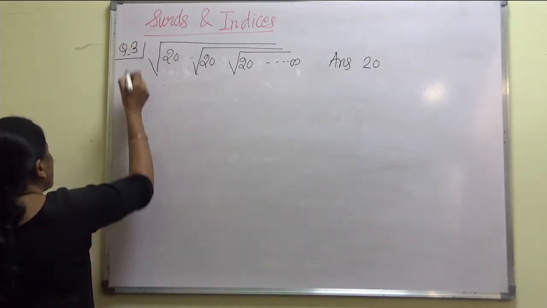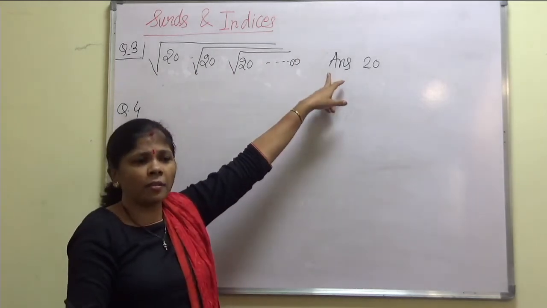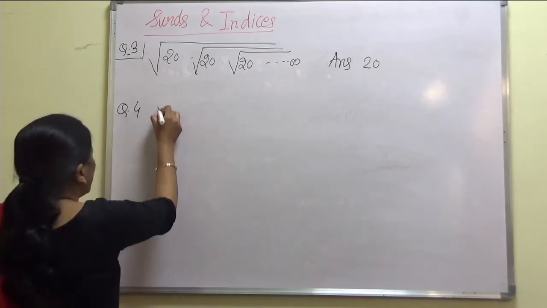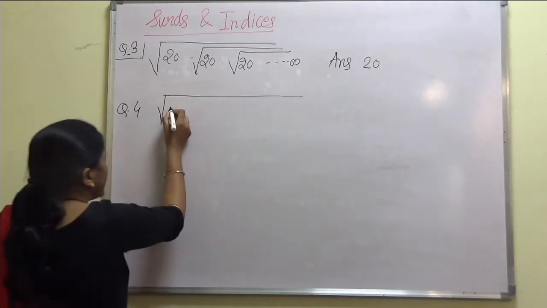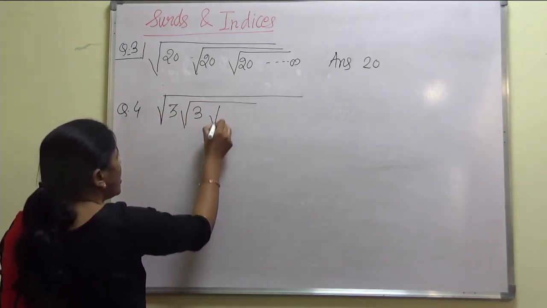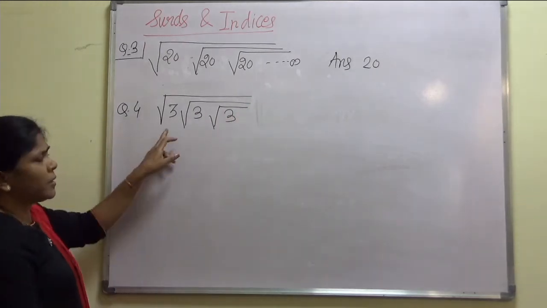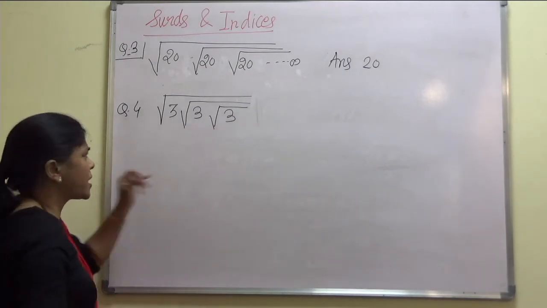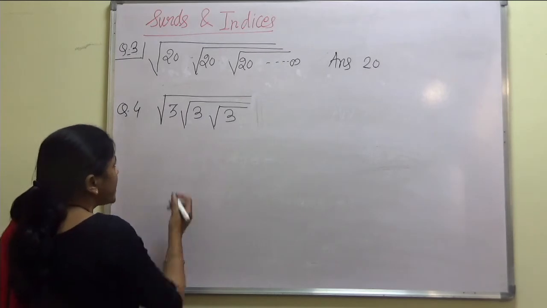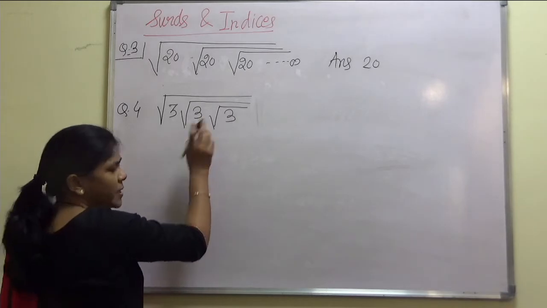Now go to the next possibility. Instead of having such terms infinite in number, we may have a finite number of them. So what will be the answer for that? For example, if I take under root of 3 into again under root of 3 into again under root of 3, and we have only a finite number of terms, no infinite terms. In this case, we will make use of a formula. What is the formula? The formula is that you have to pick up this number, 3. All numbers are the same.